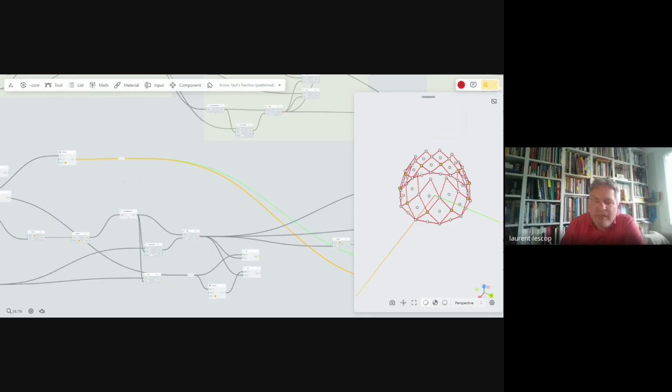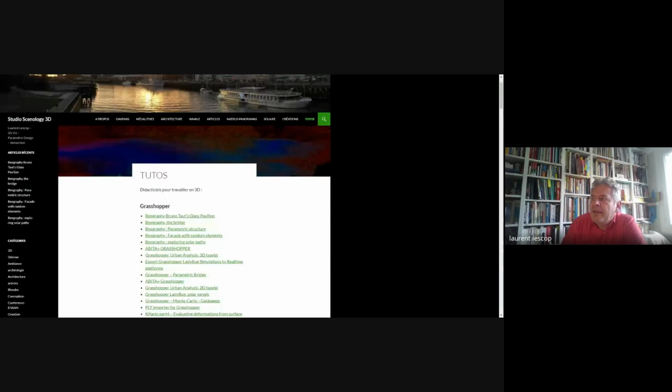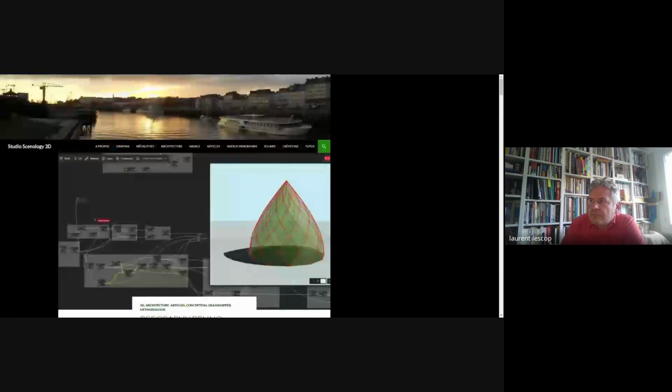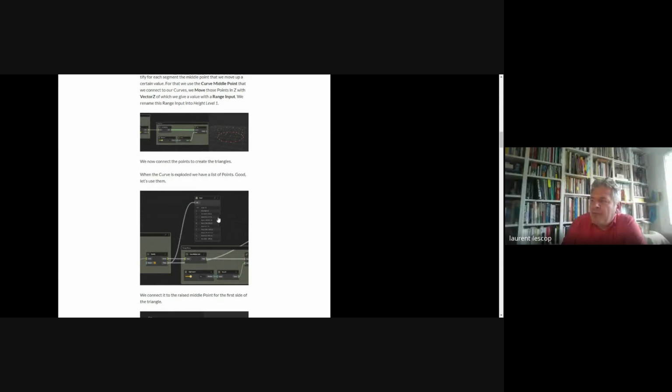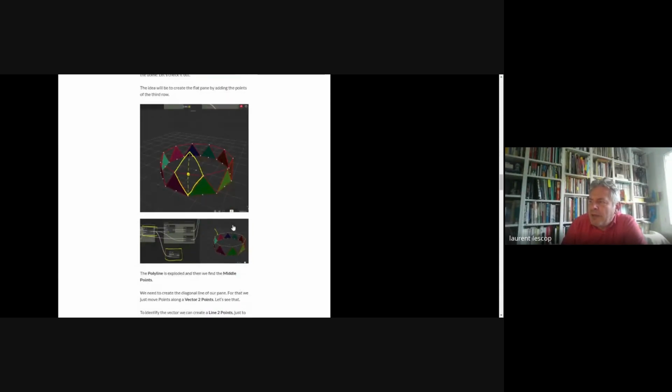For this pavilion, as I said, there is a tutorial on my website, so it's easier to recreate eventually. There is a step-by-step tutorial where everything is explained, and I think it's very close to the way I've done it today.